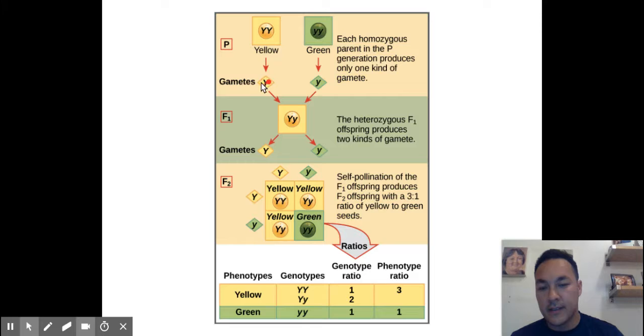So here is its sex cell. Here's this sex cell. You put the two sex cells together and you get the diploid organism. Here they have a big Y and a little y. The big Y is the dominant allele. Don't think of it as the big Y overriding the little y. In reality, the big Y is producing enough protein for this phenotypic trait,